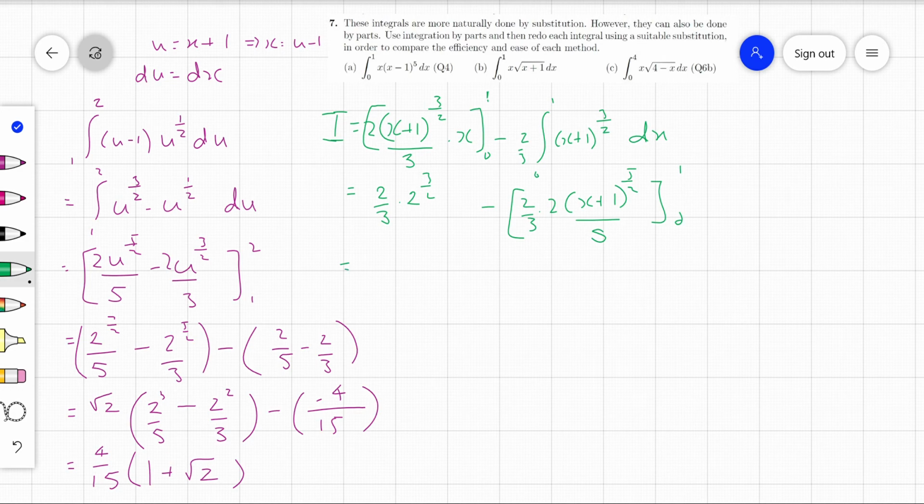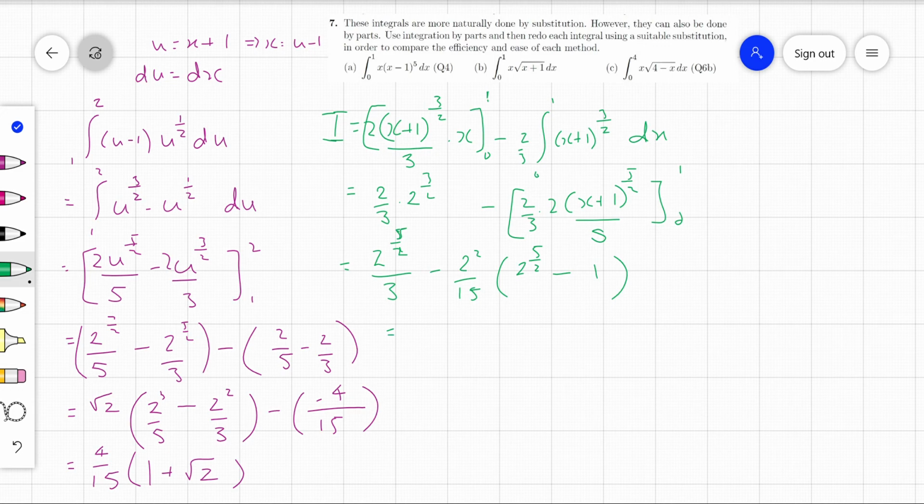All right, so what have we got here? We could do it all different ways again. So let's go 2 to the 5 on 2, on 3 for that first term. Minus, I might actually put the 2 squared on 15 out the front. 2 squared on 15, and then just look at the x plus 1 part. So I'm going to get 1 plus 1 to the power of 5 on 2, so 2 to the power of 5 on 2, minus, and then I'm going to get 1 to the power of 5 on 2, so that's just 1. All right, so putting that all together again, besides the square root 2 and putting that out separately,